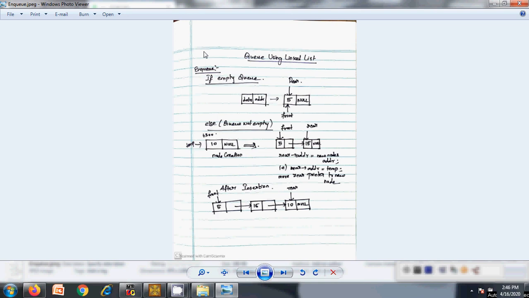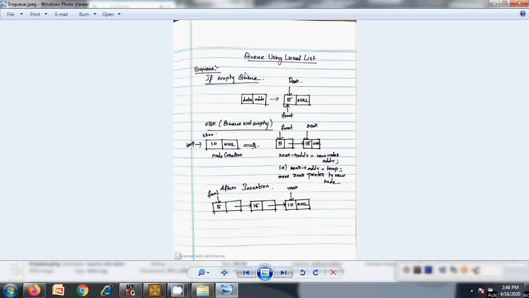For the insertion of the first element, you need to do some extra work, not like the other insertions. Insertion of the first element needs some care, and deletion of the last element also needs some care, which is why I check for this. If your queue is empty, right?